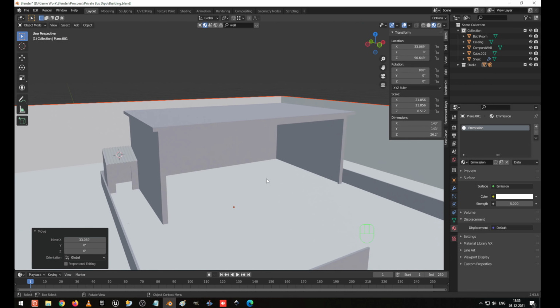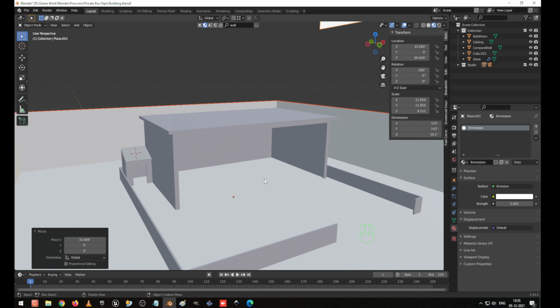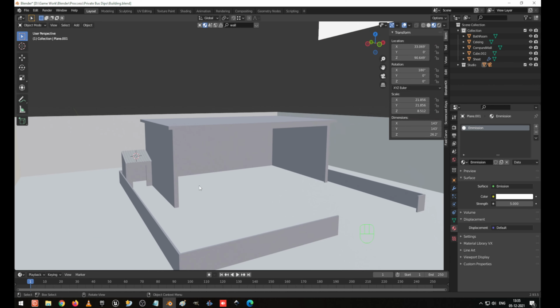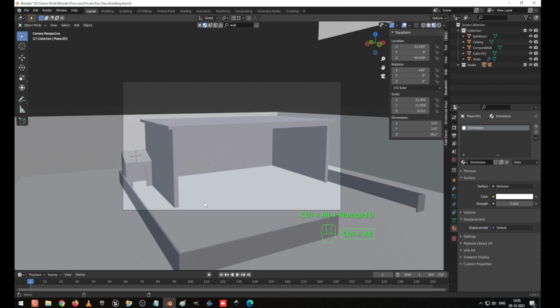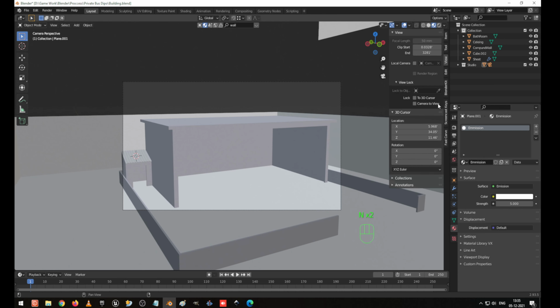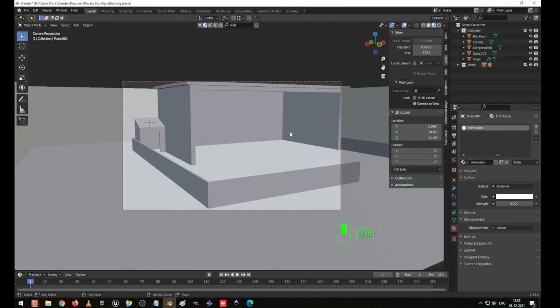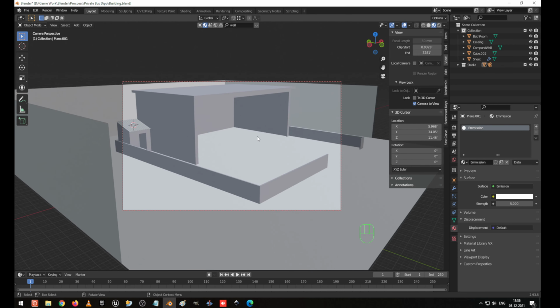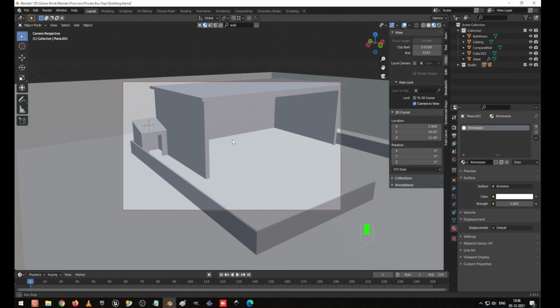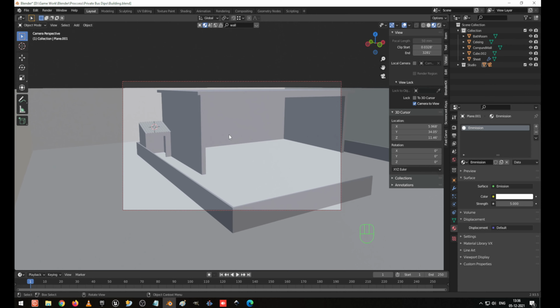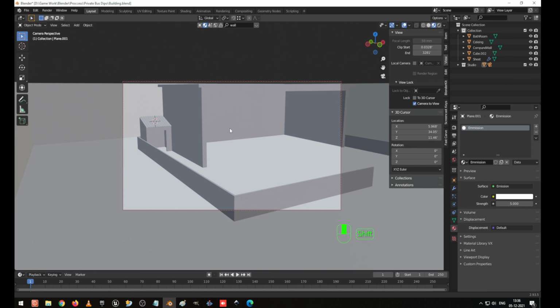Now I go to the preview mode, I press Ctrl Alt 0, I press N on the keyboard to lock the camera view, and I'm going to align the building like this. Okay, fine.